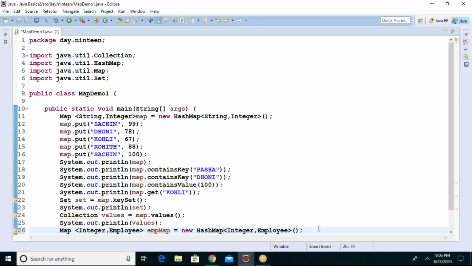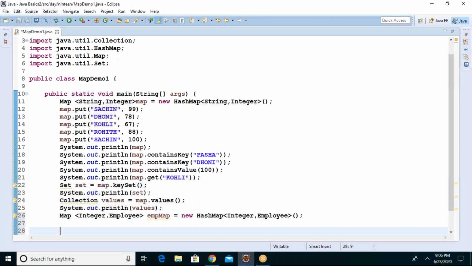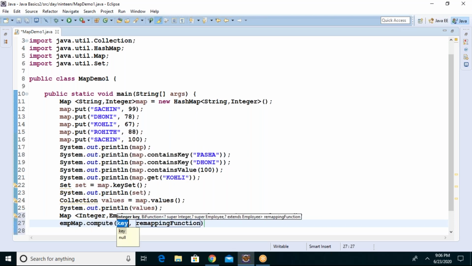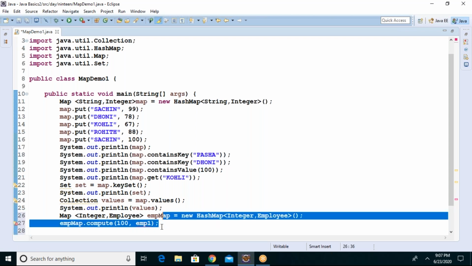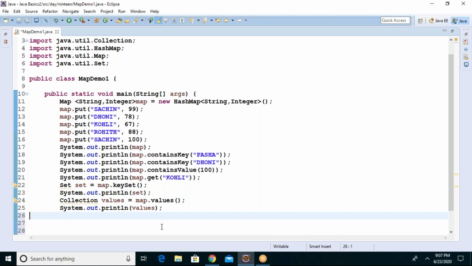What do you mean by that? You can store each employee object and its value. Emp map dot put, suppose you give key 100 and the object employee 1. Whenever you want a particular object, based on this key you can retrieve the object also. So like that, whatever way you want, you can use this map interface, guys.